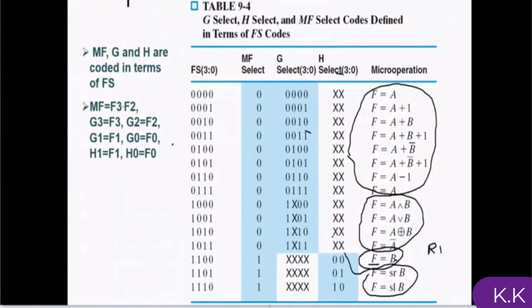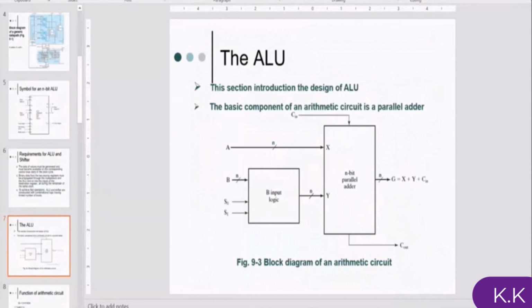Sometimes we want to perform, for example, this operation or to transfer to the R1. So this is the operation that we should use in this system to perform this micro operation. We will continue designing the data path and the control unit of the processor in the remaining